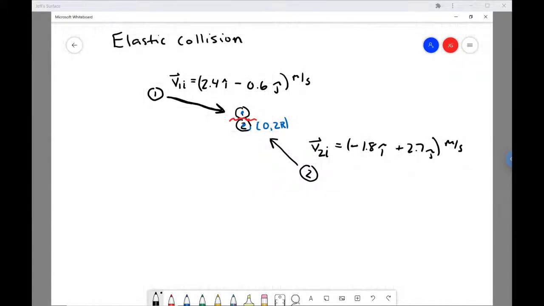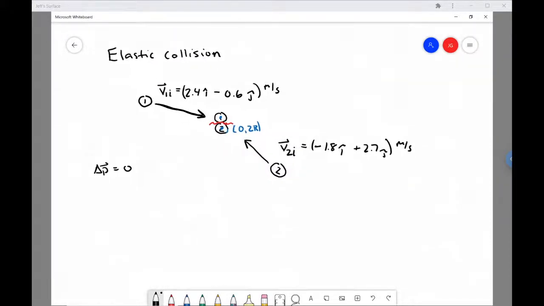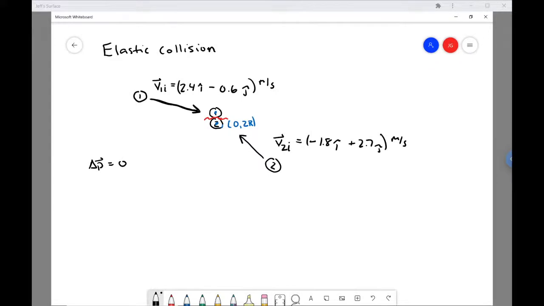Okay. So one thing we will know is change in momentum equals 0. Okay. So we have, and this is a two-dimensional problem, so we'll call to the right positive x and up positive y. Okay, so in the x dimension, what we have is the momentum of ball. And another thing is these are identical balls, so you have the same mass. They're identical billiard balls. It says it right in the problem.